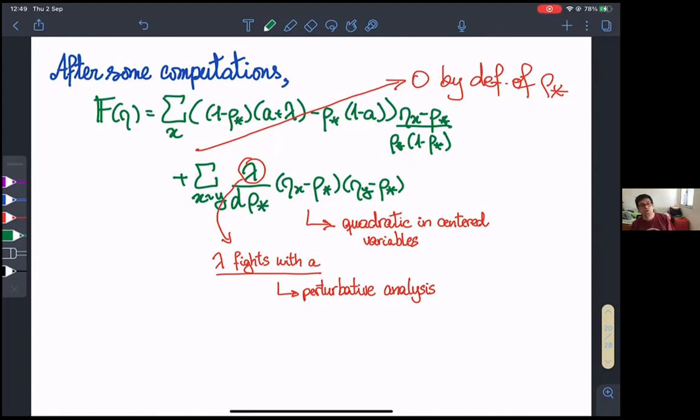Yeah, A. So rho star goes to A. Okay, so when lambda goes to 0, rho star goes to A, which means that the denominator, at least on a neighborhood of 0, is bounded about 0. So we don't have to worry about it. But the numerator in principle can be very big. Okay, so what happens here is that this lambda fights against A, and these models, okay,